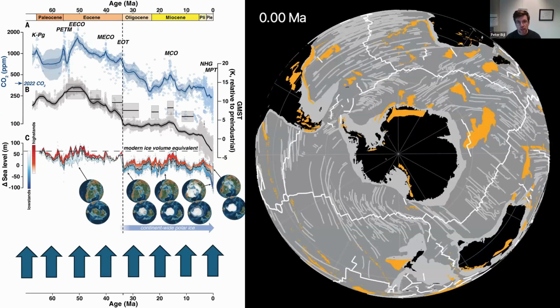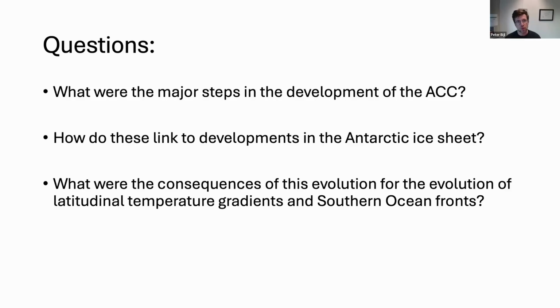And the question now is exactly, if these gateways that opened and that allowed for the Antarctic circumpolar current did not really cause a glaciation because CO2 did, then what was the role of this tectonic change in shaping, first of all, the oceanography around Antarctica, and then what was the role of that in shaping the onset of Antarctic glaciation? Because it is actually quite coincidental that the opening of the Tasmanian Gateway, for instance, occurs exactly at 34 million years ago. So if not really being the main trigger of Antarctic glaciation, then what was its role? So those are the questions that I would like to address in this webinar.